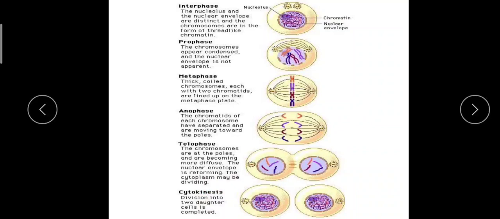In prophase, there are several events taking place. The first event is polarization, condensation and coiling of chromosomes. In the interphase, the DNA is seen as chromatin, a less condensed form, and when the DNA is in the chromatin form, it is favorable for more gene expression. Gene expression will be more at that time. And when the cell prepares to get into the division phase, that is the M phase,